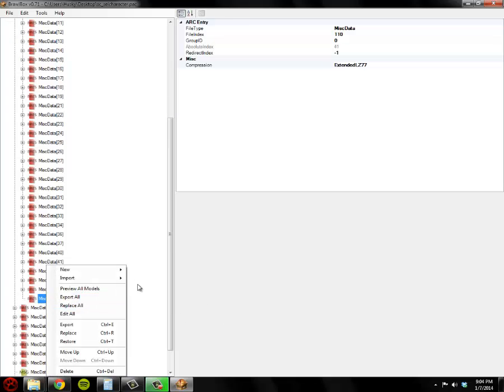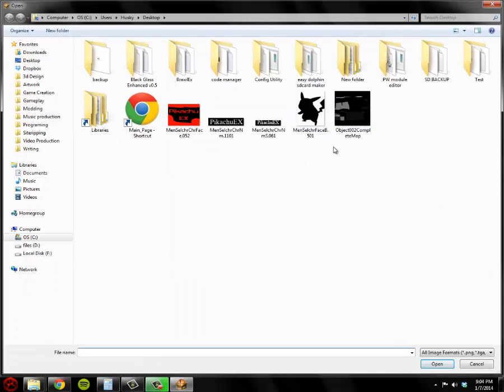Right click on misc data, the one you just made, and click import texture. Now I'm only going to import one, but there's one for each color that character has. So it's going to have to be named the same too as the other one. So men select character face B dot and then the number. This is where it really matters. The number really matters. So I'm going to import it.